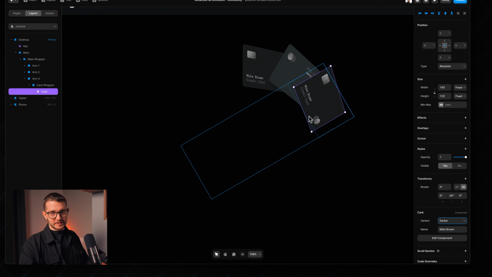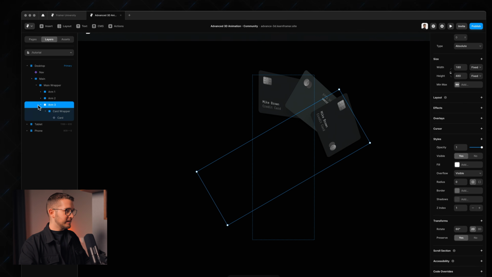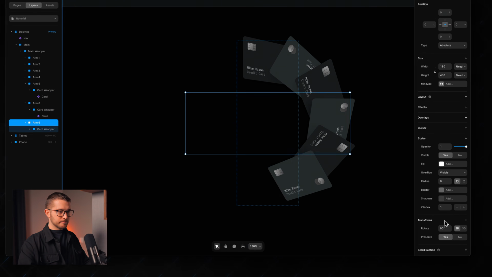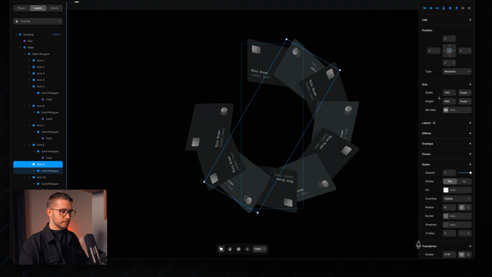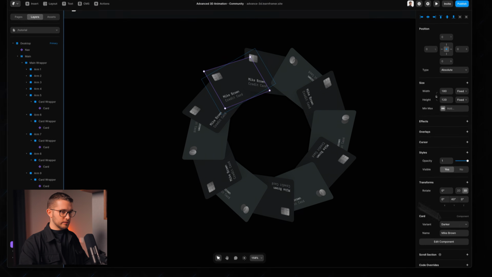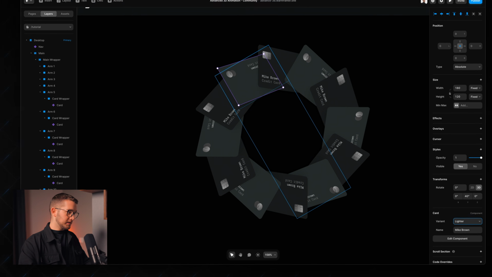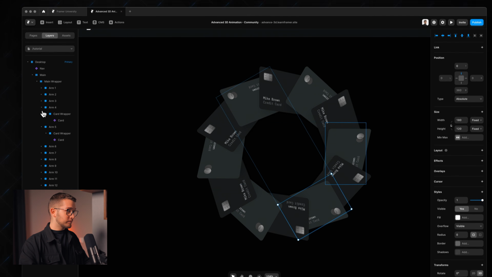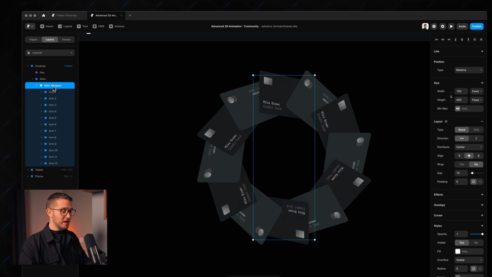So here I'm just going to do all of these. I'm going to probably speed up this part of the video. Okay, so now we have the last arm as well. So we have all these arms here, and I think what we have to do now is